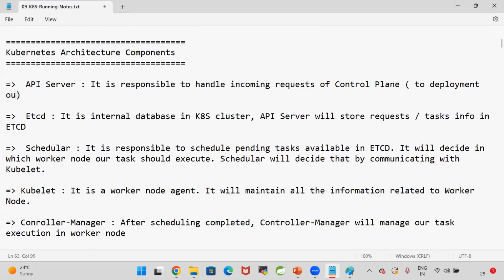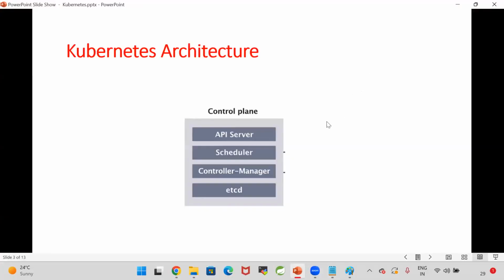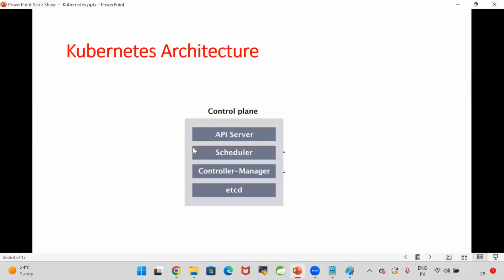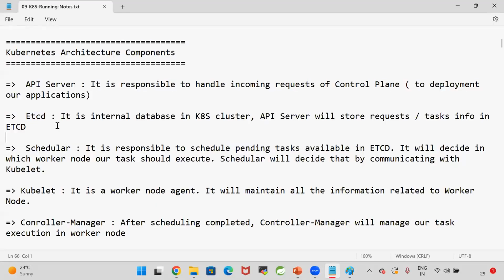The API server will receive the request and store the request details in etcd. What is etcd? etcd is an internal database in the Kubernetes cluster.